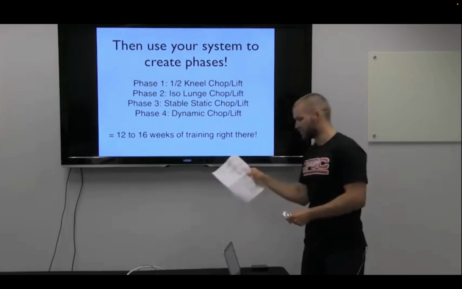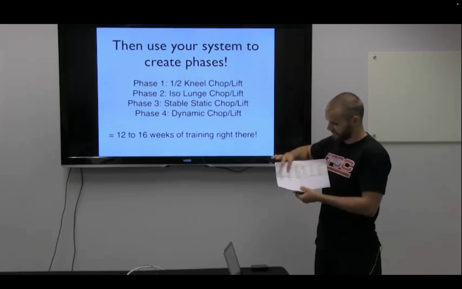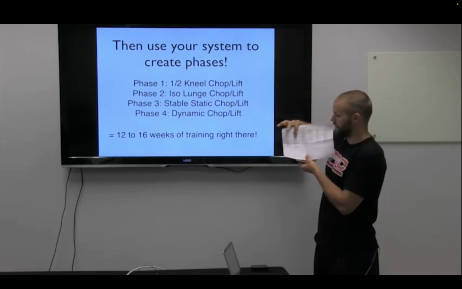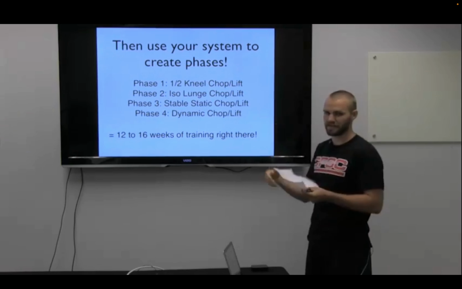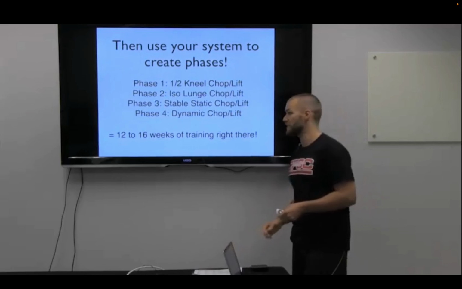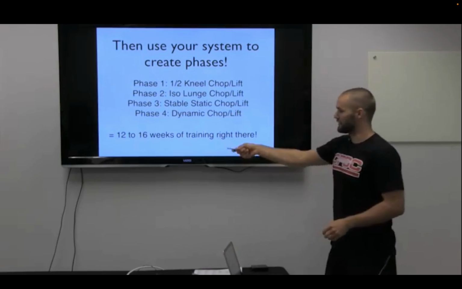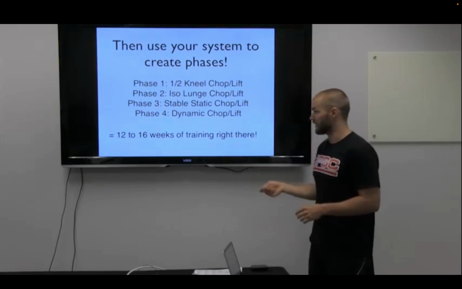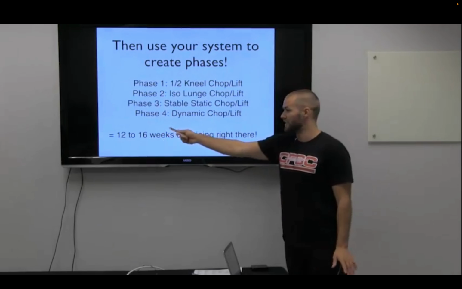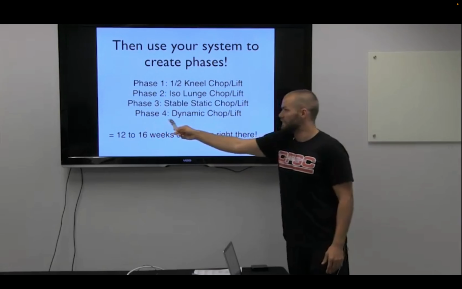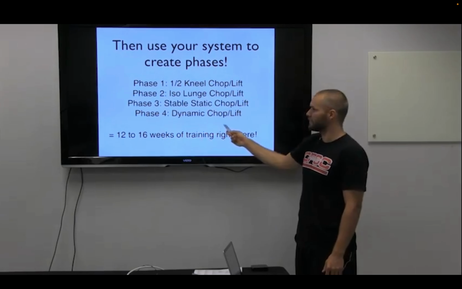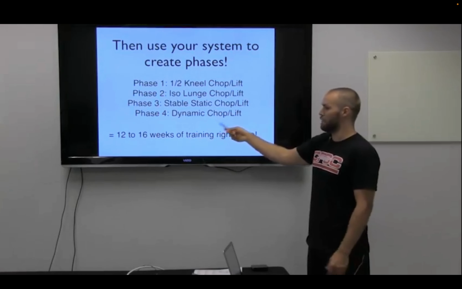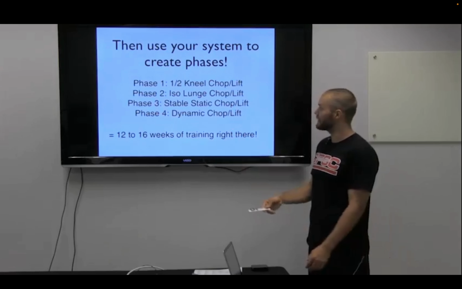So if you wanted to use your sheet to make your phases, you would say, for example, right now I'm looking at tall kneeling push-pull is in bold, and then the 3 exercises below it are phases 2, 3, and 4. And then you have 12 to 16 weeks of training right there. And you know, you could, like I said, this is up to you to make your own or add to it. You could add phase 5, could be a single leg chop and lift. Phase 6 could be a med ball throw chop and lift.